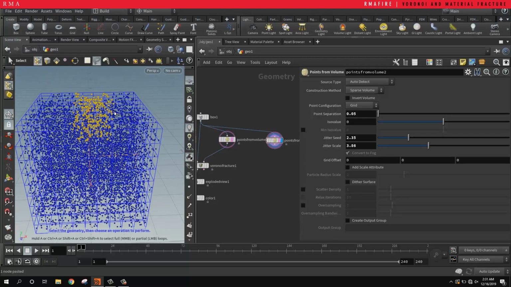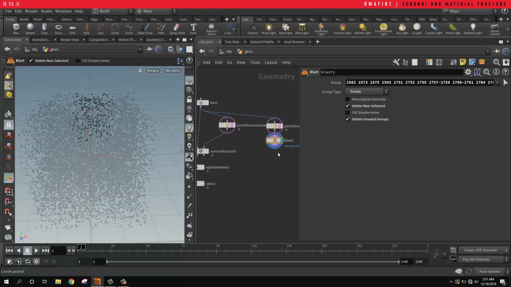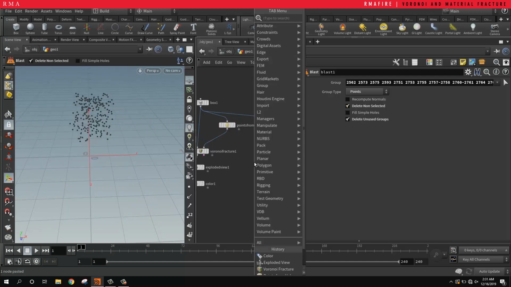I'm gonna delete them, and I'll say delete non-selected, and then I'm gonna merge these points